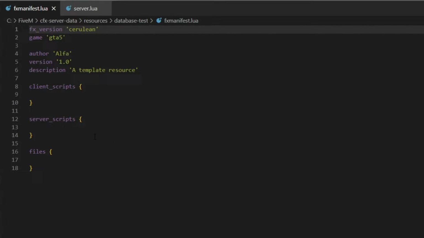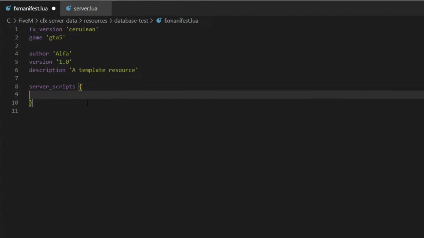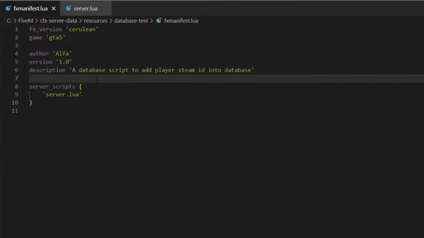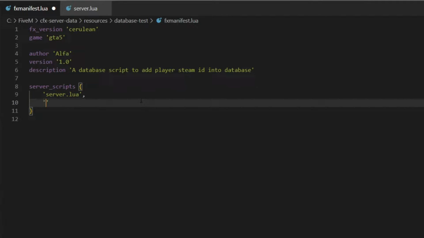So in our FX manifest, we're not going to need files and we're not going to need client scripts. We just need server script. So we'll just put server.lua in there. And then for the description, we'll put a database script to add player Steam ID into database, like so. And also what we're going to need to do on server scripts is just add a quick comma, and we're also going to need to add in here at